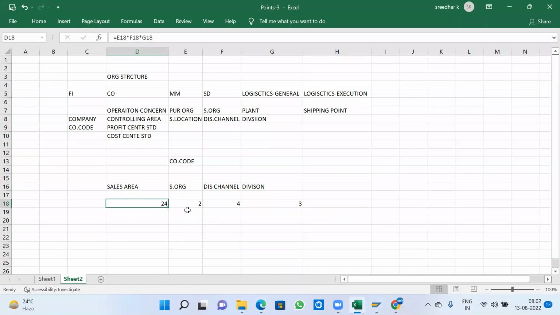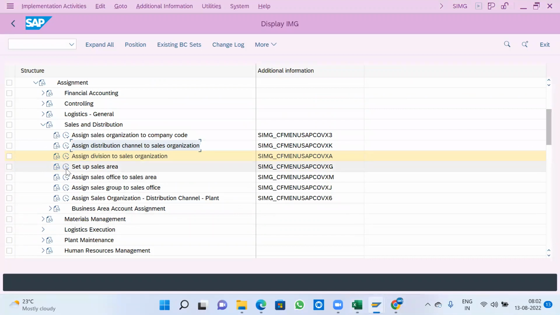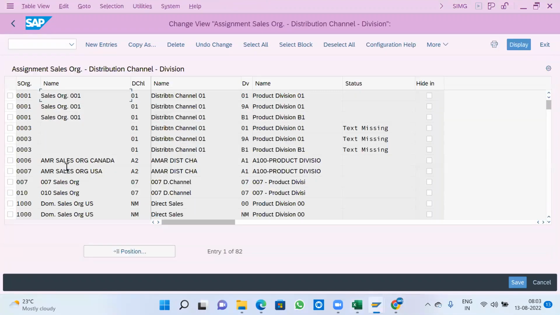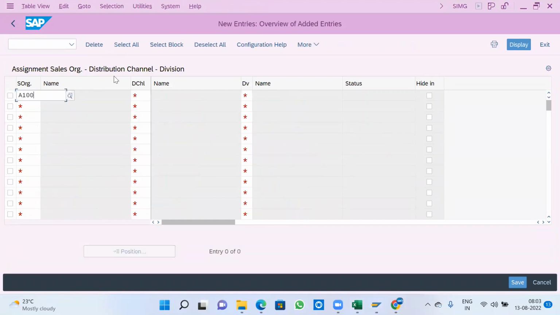But here we will make it as 1 sales organization, 1 division, 1 distribution channel. So multiply 1 into 1 into 1 means only 1 sales area we can form. If it is 2 distribution channels, 2 sales areas we can form. If it is 4 divisions, 8 sales areas we can form. We desire only one set of sales area here. New entries, sales organization,